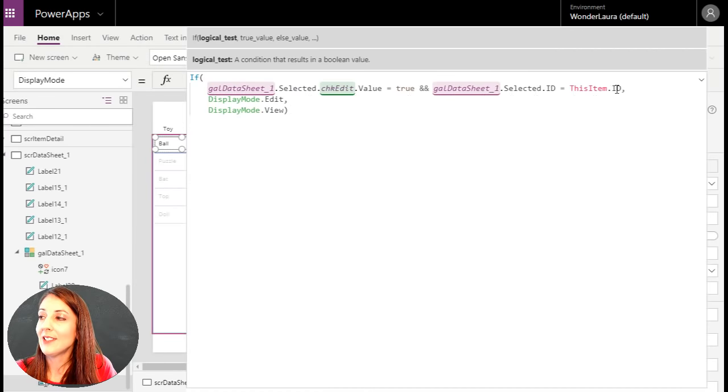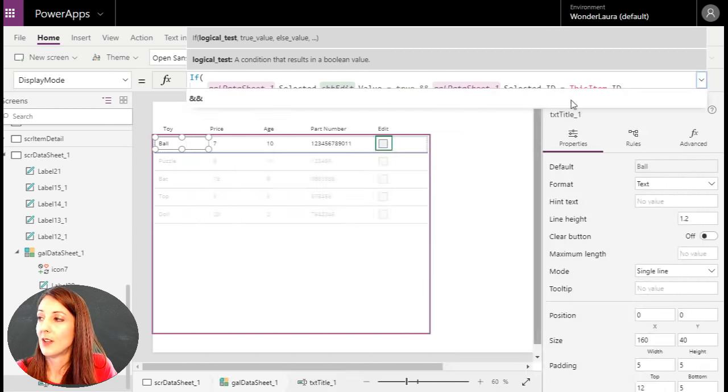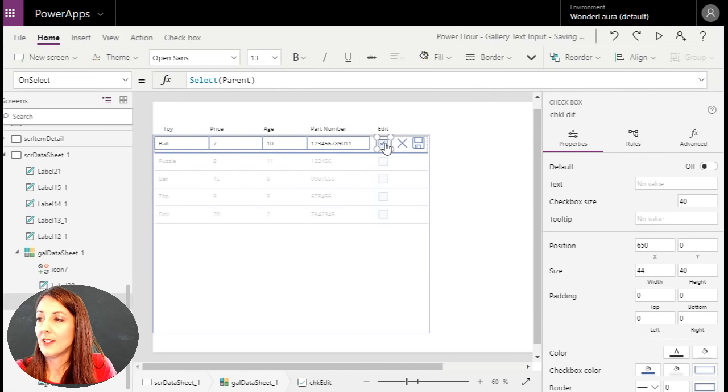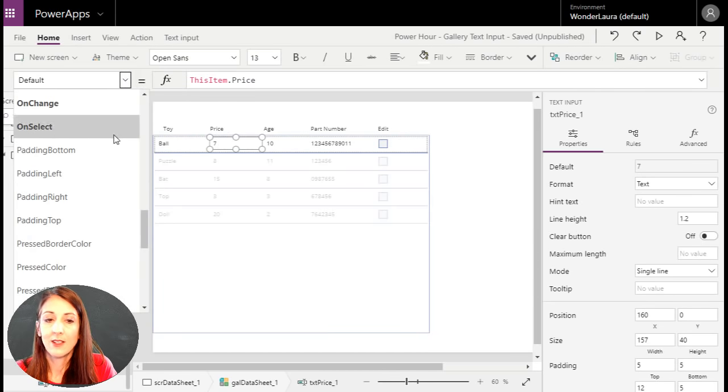If those are the case, then change the display mode of this text box to edit. Otherwise, it's just going to be a display mode of view. So it's going to look like it's read only. So display mode edit, display mode view, edit, view. So all of these different,